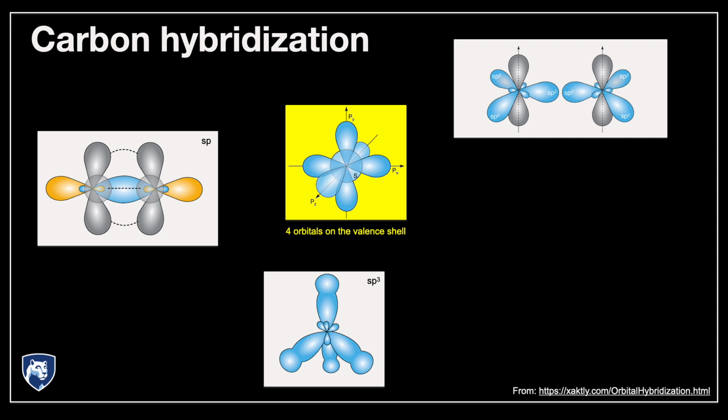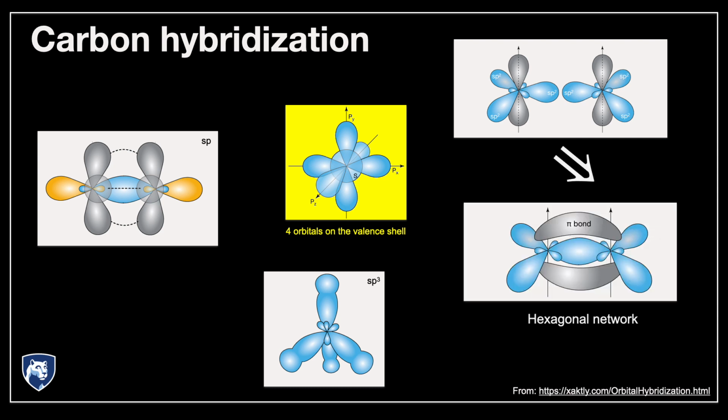Being in the plane, the sp2 orbitals are at an equal angle, and the angle has to be 120 degrees. So you form a double bond like this, a sigma bond coming from the sp2 orbitals overlapping, and then the additional bond, which is a pi bond, comes from the gray orbital, the p orbital